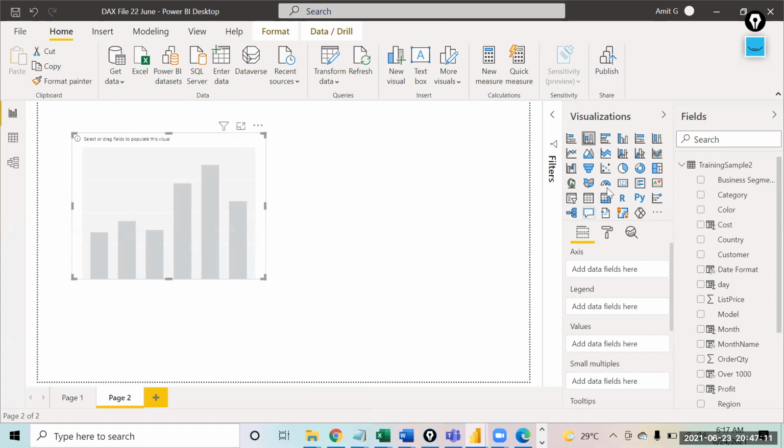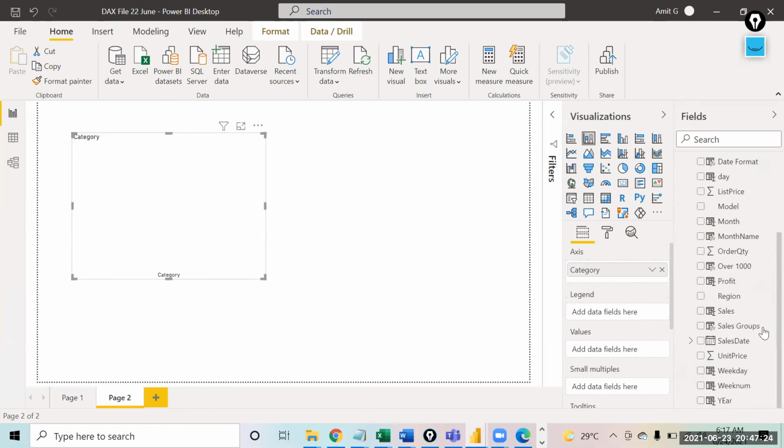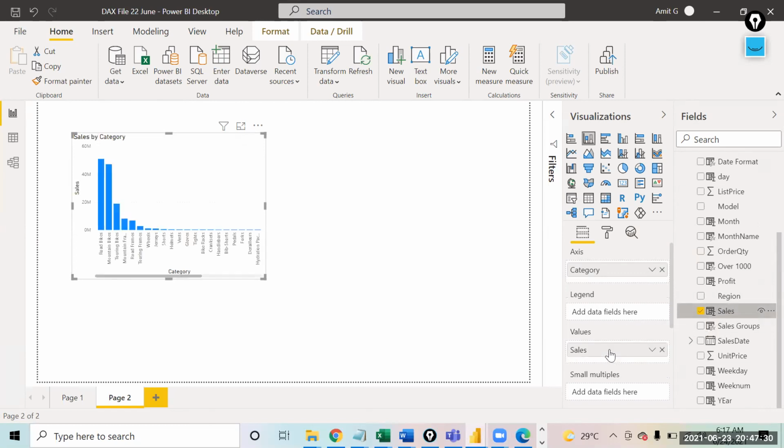So, when you make any normal chart, suppose you create a chart for category, where you want to see how much sales happened across the different categories. You pick up the sales and you show that over here. What has happened in the chart is that a sum of sales for each category is calculated.